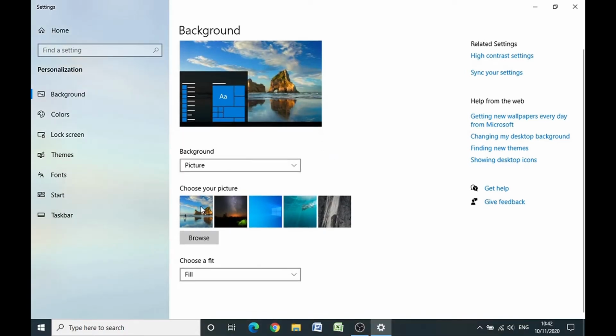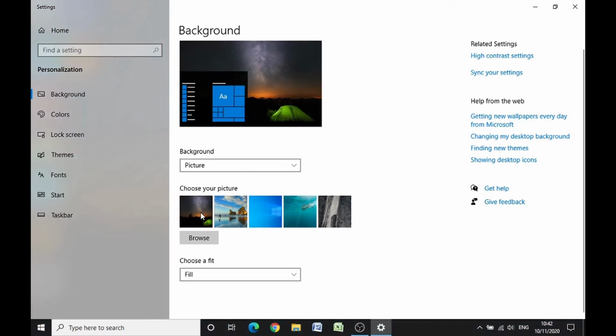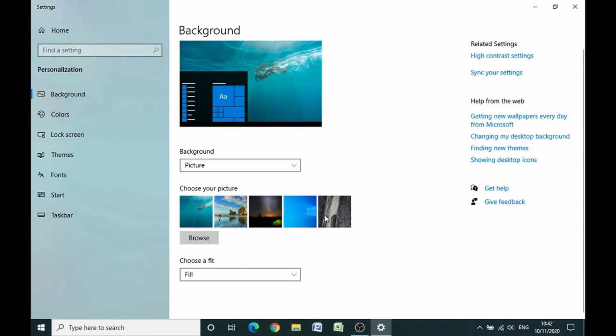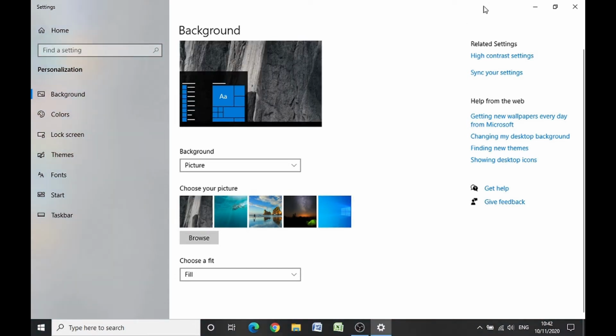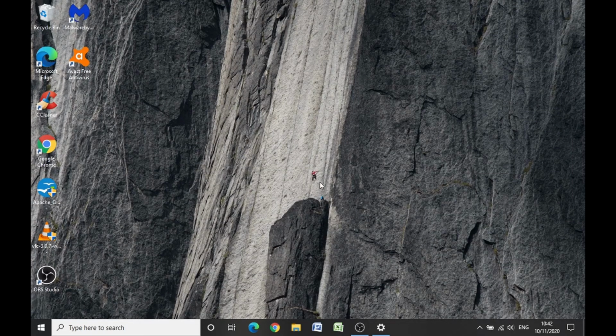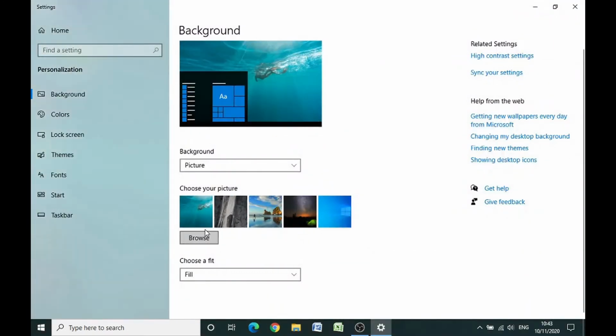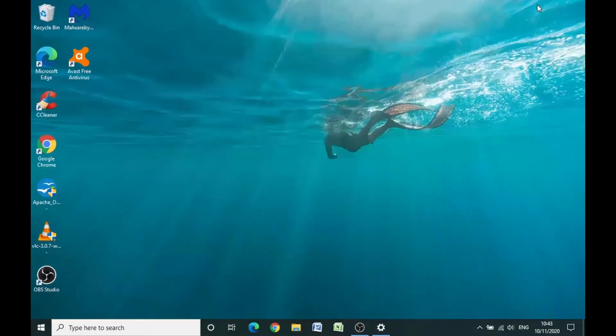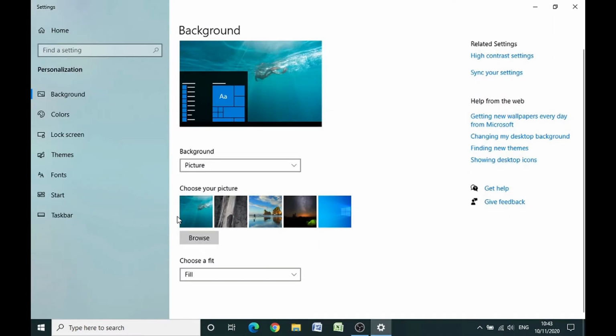And Windows comes with its own built-in pictures. These are the images that are available with Windows 10 on this computer, and these are all very nice. And we can just click through and see some of the images here. And if I just minimize this window here just for a second, we can see that the background has now changed. So just to reiterate, you can click on one of these images here, minimize, take a look at the background, see if you like it. If you want to change it, you can go back and change it by clicking on one of these other